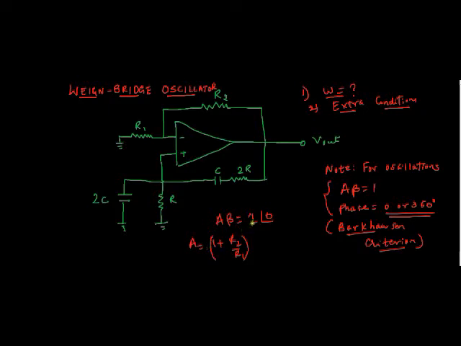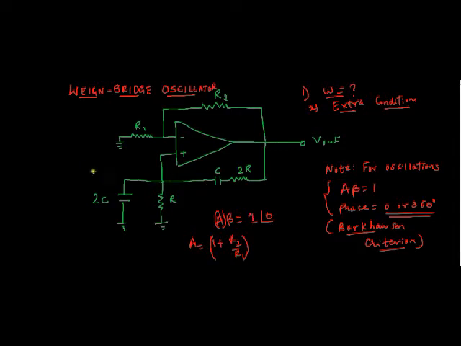So for the given circuit to oscillate, the loop gain should be 1. The minimum loop gain should be 1. Okay. So if it is 1, then it will be sustained oscillations. Otherwise, the oscillations will vary. It will not be in the sustained state. Since we know that the forward gain A is 1 plus R2 by R1, we need to design the values, where R and C are given.